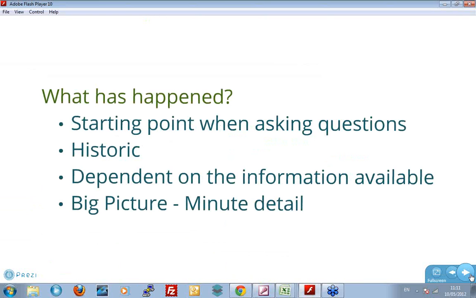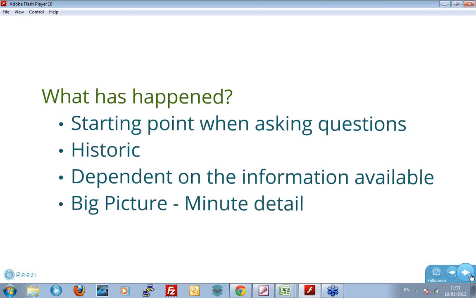Okay. There are different types of reporting, and inevitably we start off looking at the what has happened scenario and the different types of reports that people ask us for. It's the activity reports, it's the what has happened in the past. It tends to be historic. But it's very useful to get a picture of what's going on. Some of the problems we have with it is it's very dependent on the information available to you. And so, particularly activity reports, when you're saying, what have I done? What has the team done?